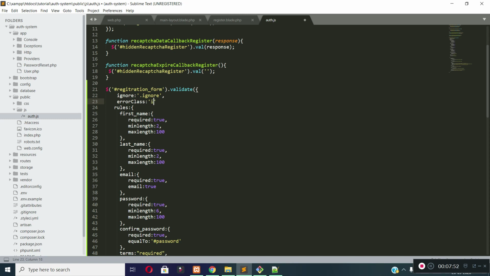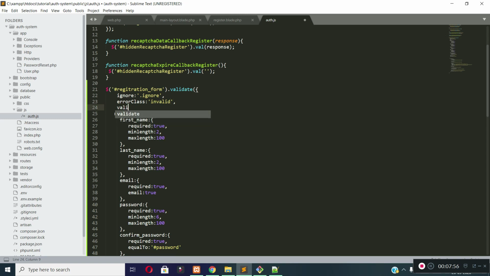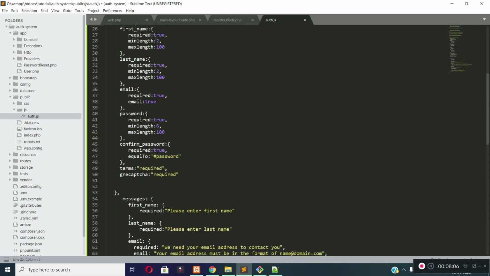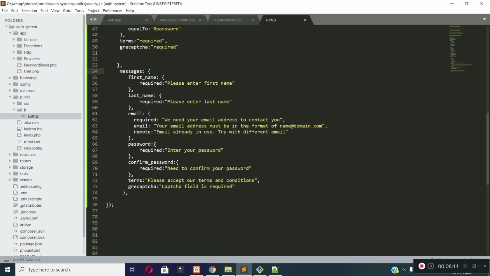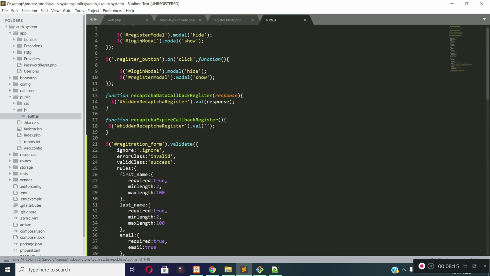Our error class will be invalid and valid class will be success. Let's indent the code correctly. So our error class is invalid and valid class is success.